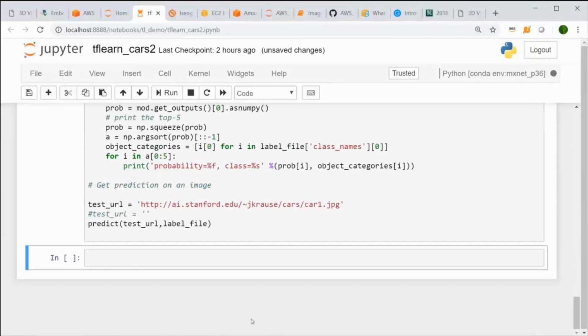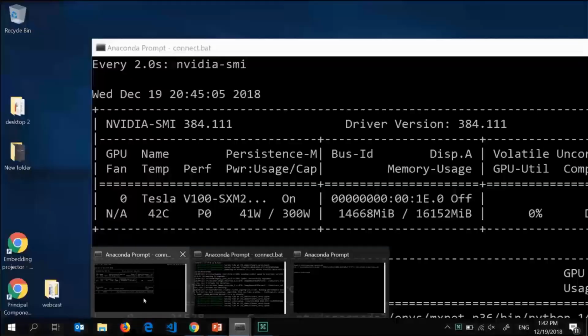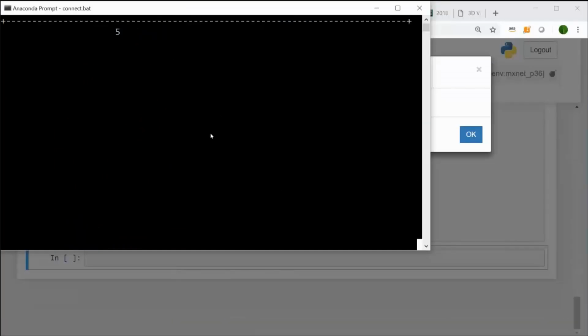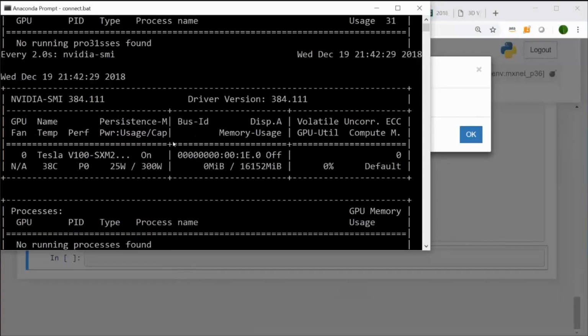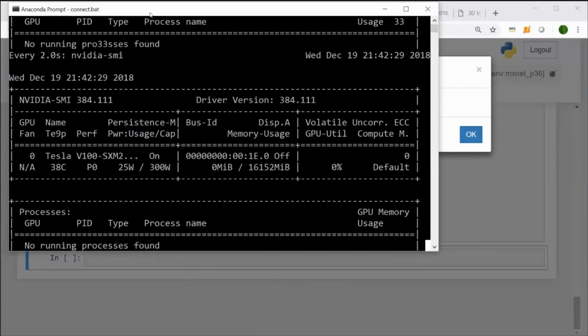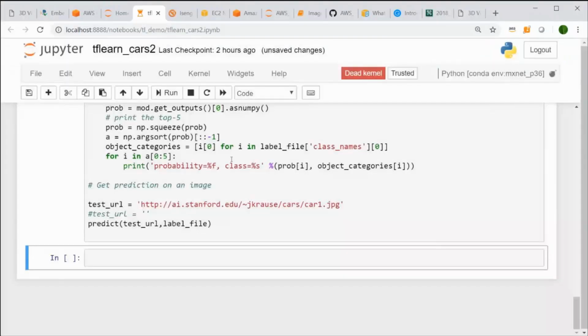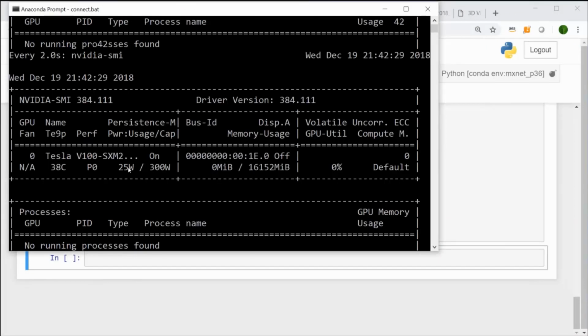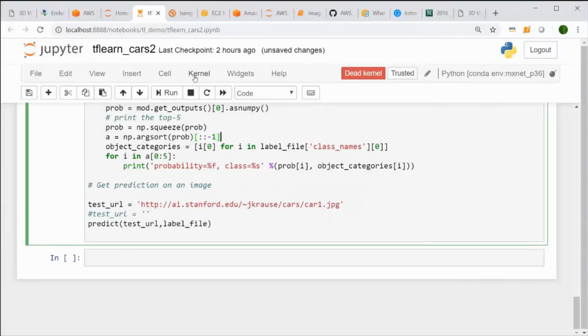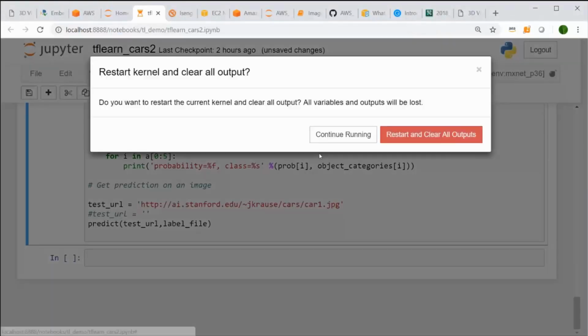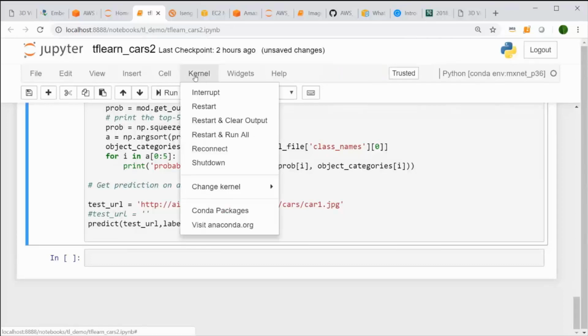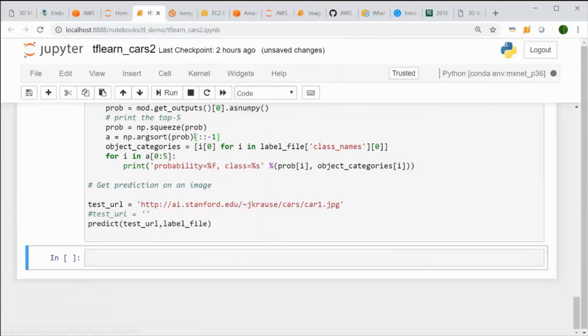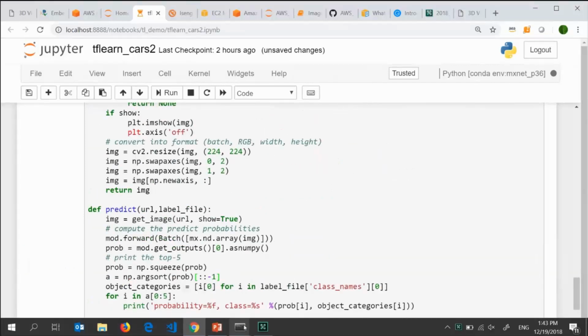So I'm having this running. What I'm going to do here is come over here and have you look at the monitoring. This is essentially running something called NVIDIA SMI. As you can see, it's not currently running very much. It's running at 25 watts, and the temperature is ambient, and it's not doing much. But let me run this again, restart, clean out, and I want to go ahead and run all the cells, run all. So now it's restarting the models and running that in the GPU.